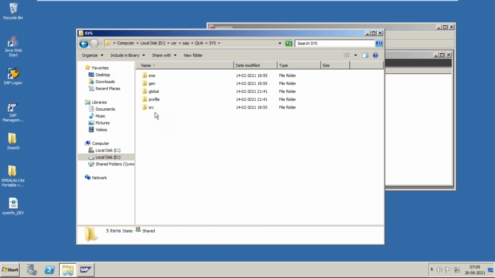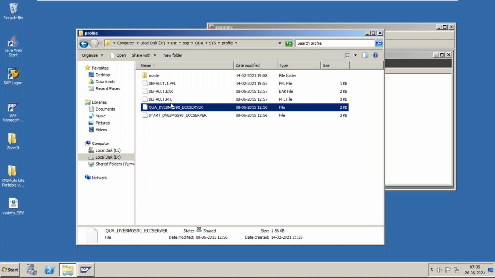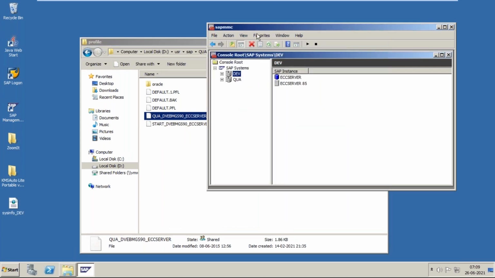In the sys profile, here we have QA, but the default profile and startup profile have no changes. No changes means the naming convention is not changed. But the instance profile should start with the system ID.